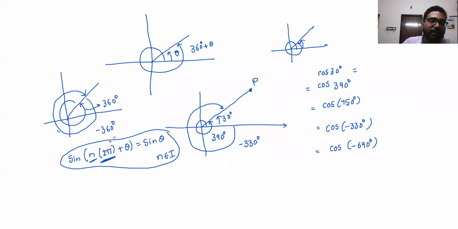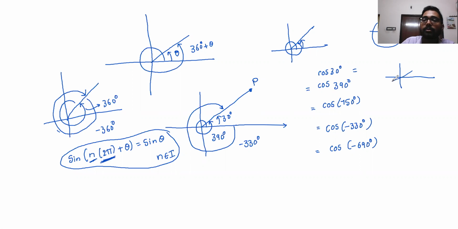Suppose if I take n as 1, so I'll take 1 rotation plus theta. So I will come to the same position as the original position, just like theta and 360 plus theta. If I take n as 2, it is the same as 720 plus theta, because of 2 rotations. So first I will do 1 rotation, then the second rotation, 720 plus theta. So I'll come back to the original position, right? So the original position was theta.